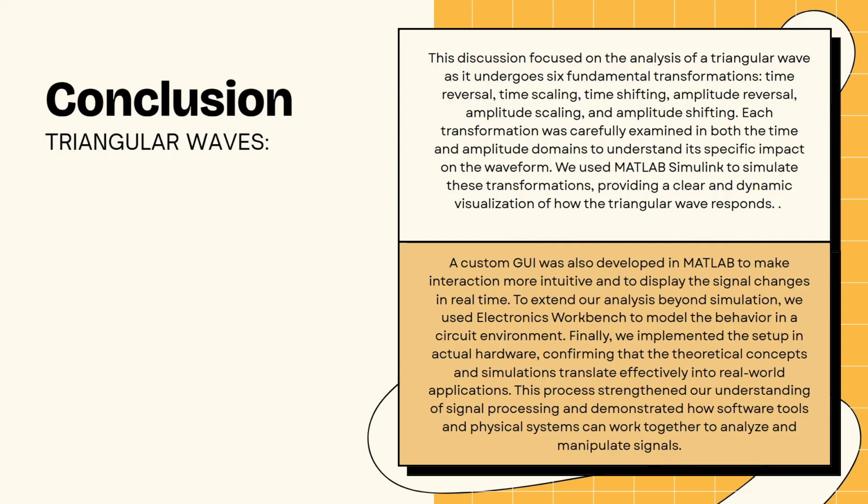As shown in this final slide, we've focused on how a triangular wave behaves under 6 fundamental signal transformations: time reversal, time scaling, time shifting, amplitude reversal, amplitude scaling, and amplitude shifting. Throughout this video, we've used MATLAB Simulink to simulate these transformations in both the time and amplitude domains. This allowed us to visualize how each change affects the waveform, helping us grasp not just the theory, but its